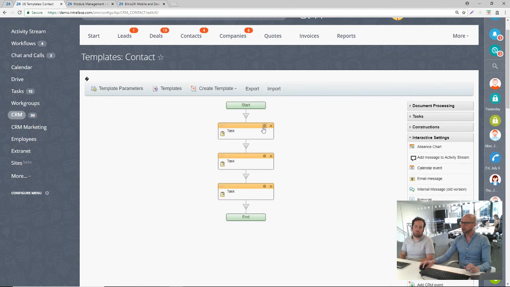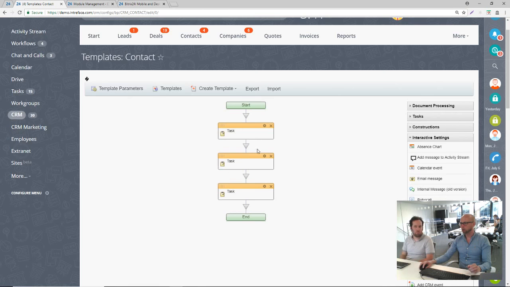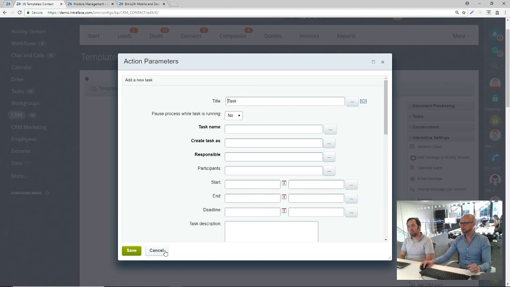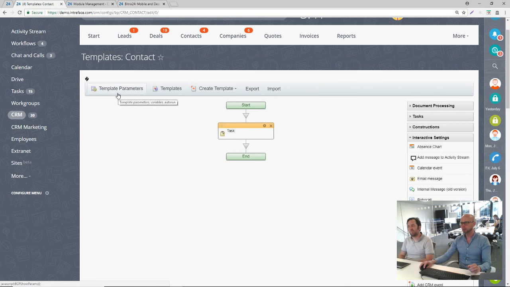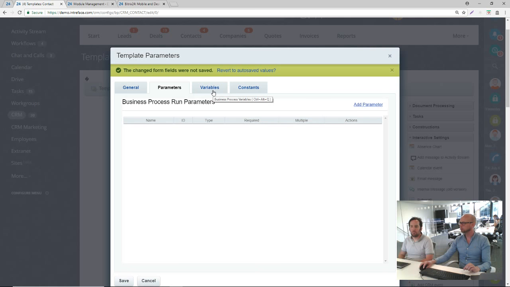I can populate these tasks. I can give them a name, assign them to someone, give them start and end dates and that sort of thing. It might actually be that when you run this process, you might need to input some data into there. So we would use a variable